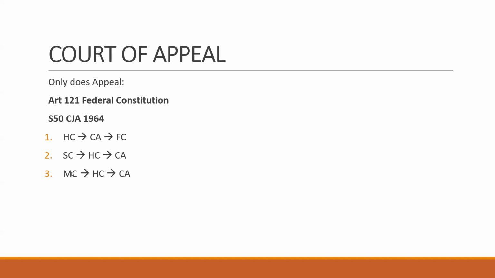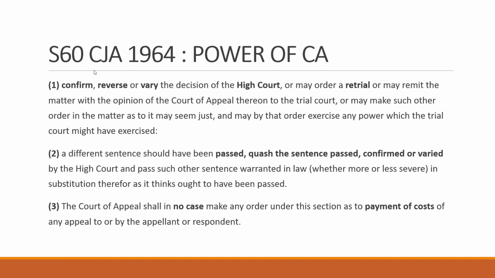So thus, if a case starts in Magistrate Court, it will go to High Court and then it will end in Court of Appeal. Okay, so at this moment of time, do not confuse yourself with regards to the differences of which party needs to file a notice of appeal when the case goes from the lower court, I mean from magistrate court, to Court of Appeal, okay? Or do not confuse yourself with anything to do with the question of fact or question of law. Do not study it at this moment. Study it during the appeal chapter, okay?